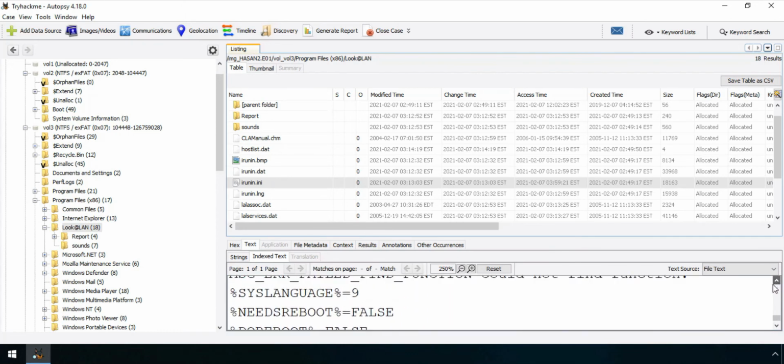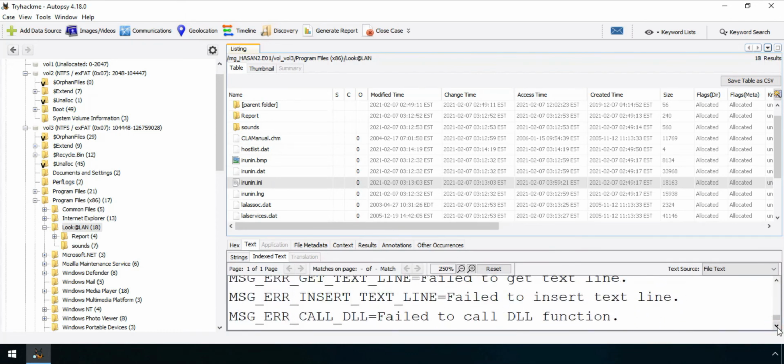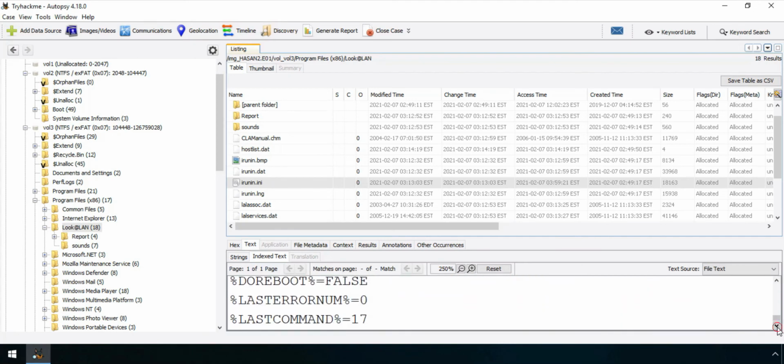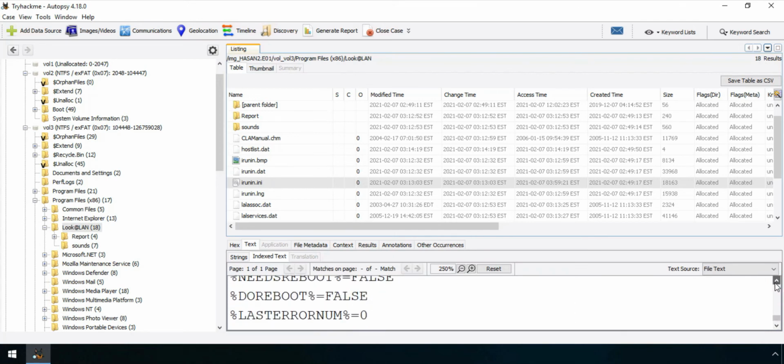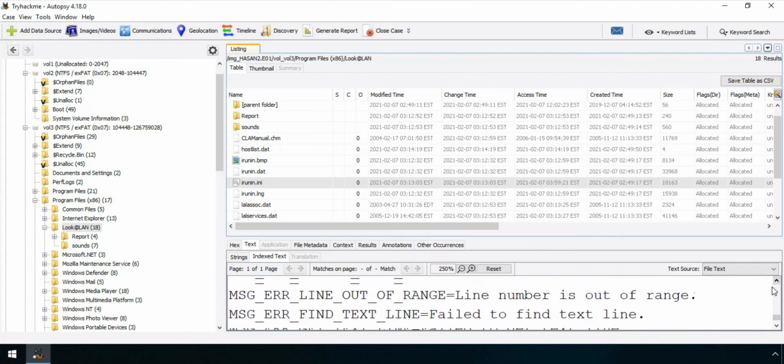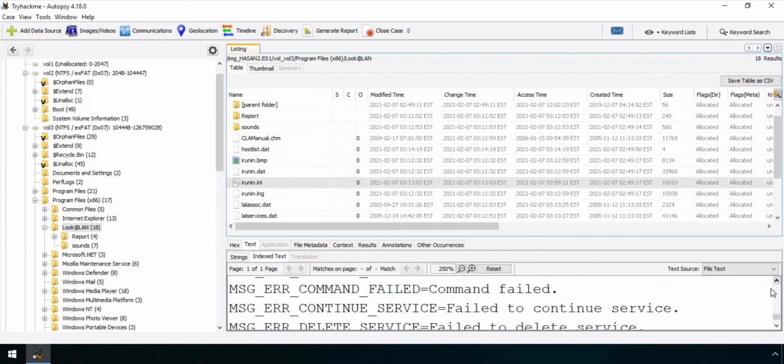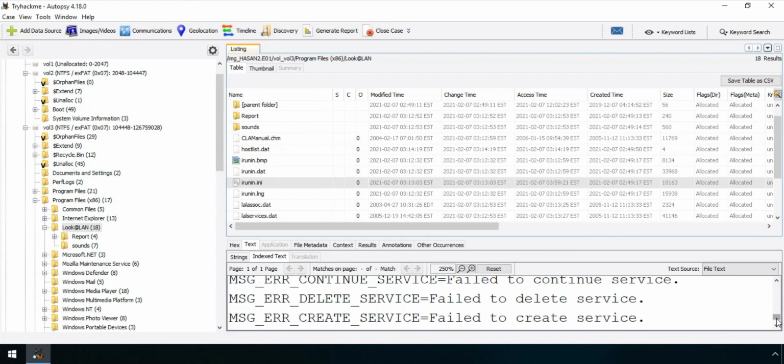I think I have found it somewhere around here. There are some instructions about the errors. The user name or the user company, I think that's not this.